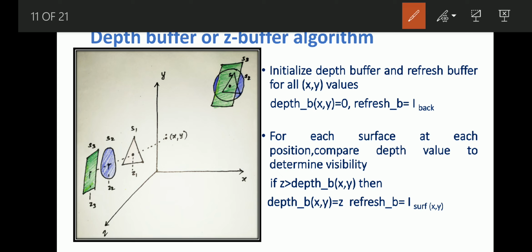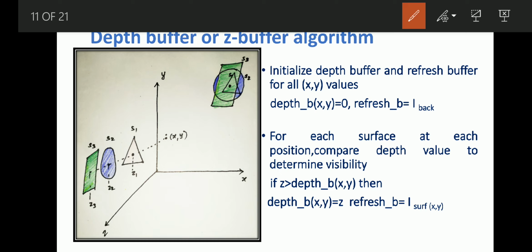After that it compares S2. It compares every position, but we are considering only XY. At that point it has Z2 as the depth value, which it compares with the earlier Z1. Z2 is greater than Z1, so the depth buffer value becomes Z2 and the refresh buffer stores the intensity of S2 at that location.